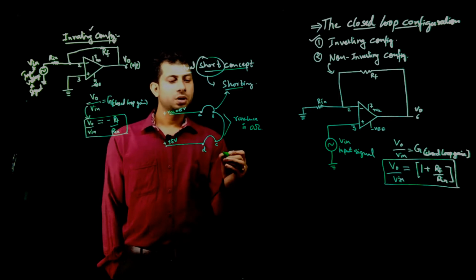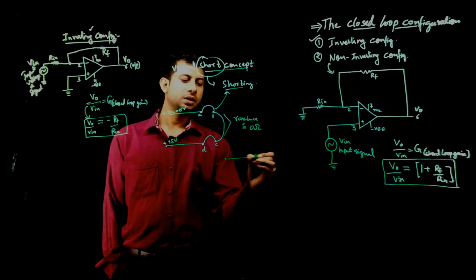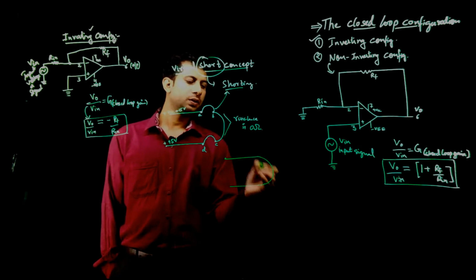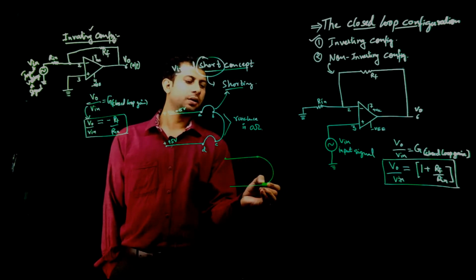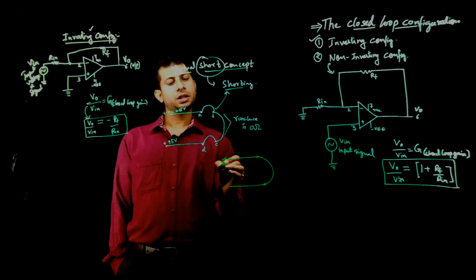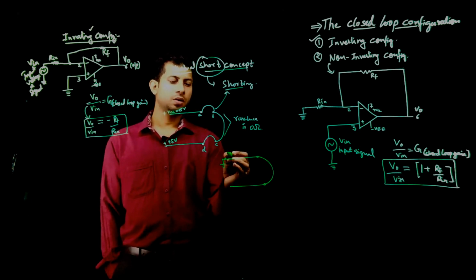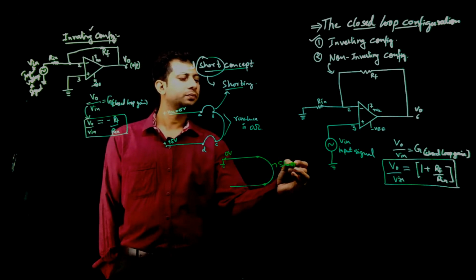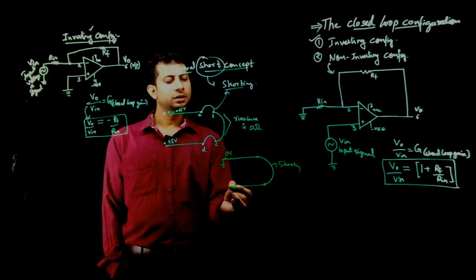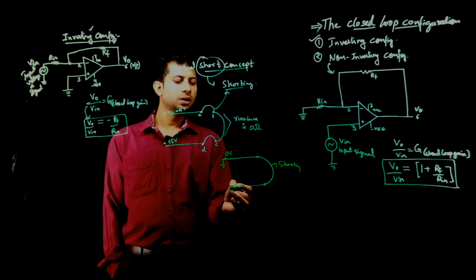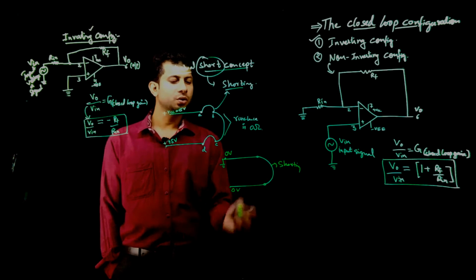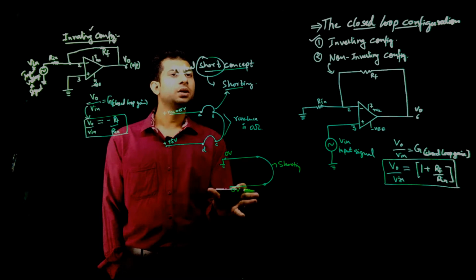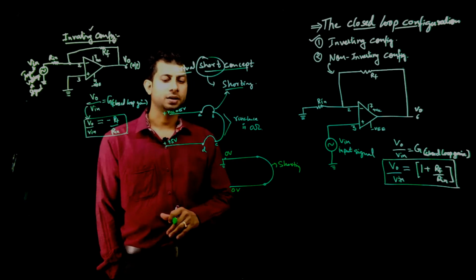And suppose this is the condition and we make the joint here, and it is connected to ground, or you can say 0 volt, and we have done this shorting. Then this terminal also gets the voltage of 0 volt. This is the concept, the meaning of shorting these two wires.